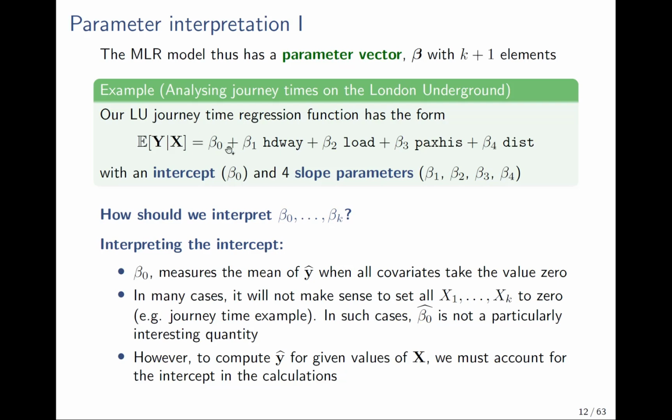Now, in many cases, the intercept doesn't really make a lot of sense, because it doesn't make sense to set all covariates equal to 0. Let's take the journey time example. What's the expected journey time when distance is 0 and headway is 0? In other words, when there's no distance to travel and there's no frequency of train. Well, that doesn't really make a lot of sense, and in such cases the estimate of the intercept isn't a